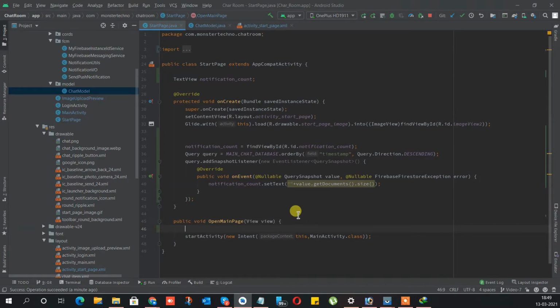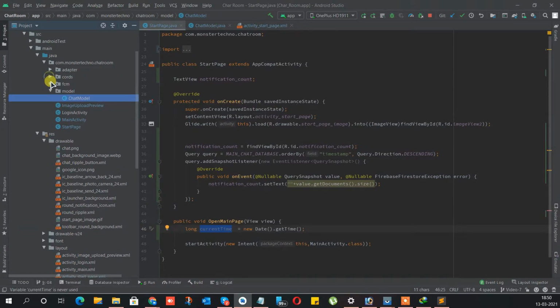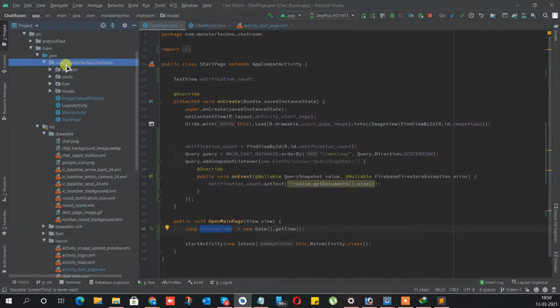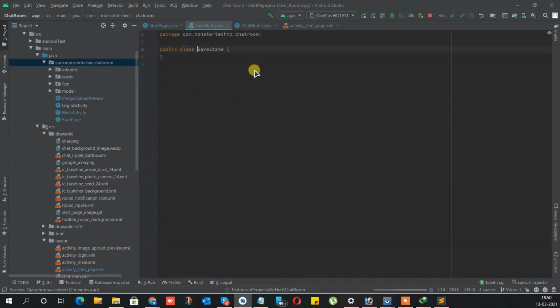So long current time equals new Date dot getTime. So to store this current time, let's create another Java file, which will be our shared preference, SaveState, and it will have one shared preference,